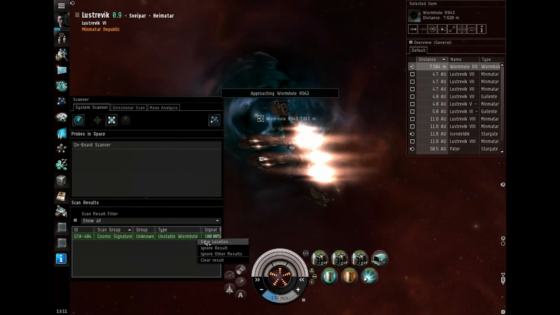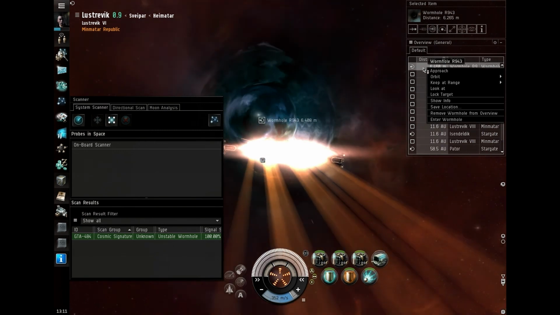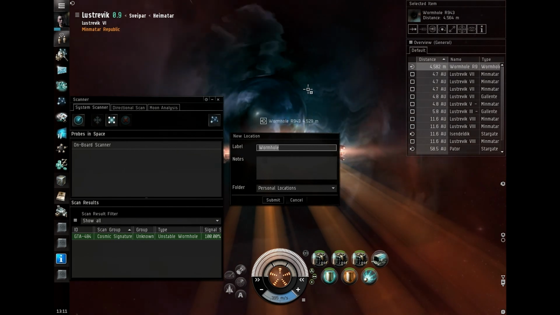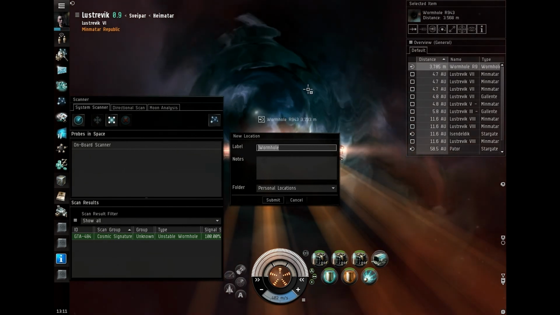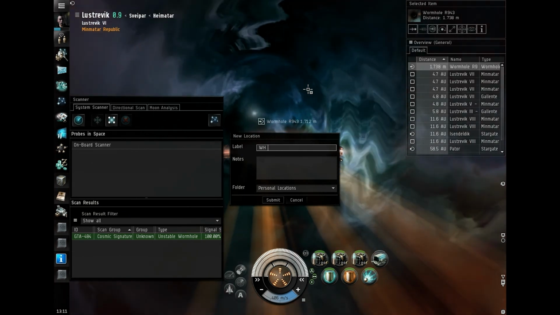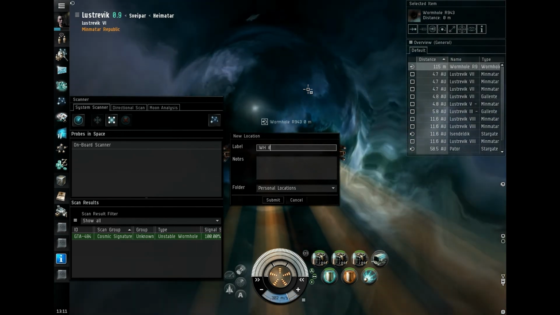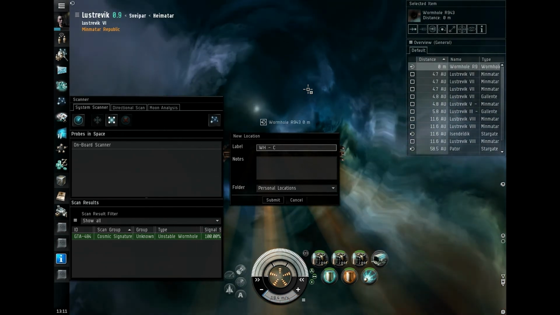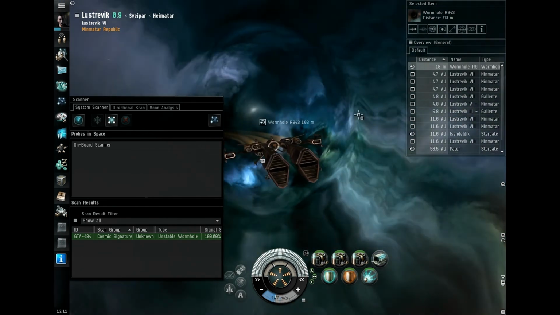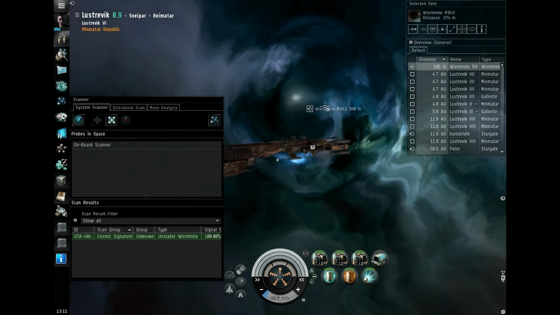Always bookmark things, so right click, actually it's better to right click on the actual wormhole itself, save the location, put it in something that you'll be able to remember, like wormhole C2, and submit it. Now with wormholes, you can be within 5,000 meters to jump,